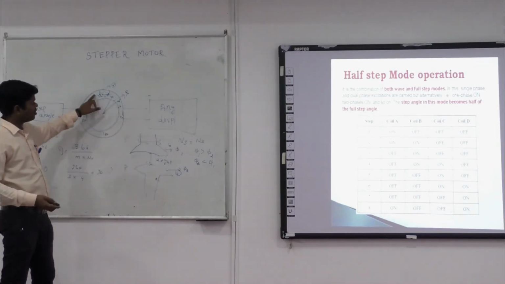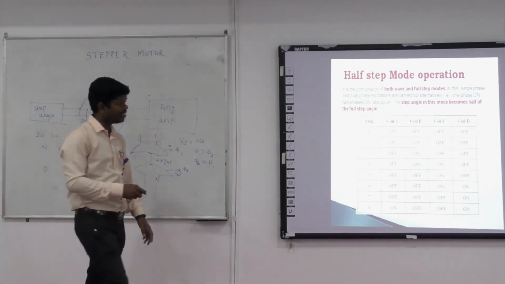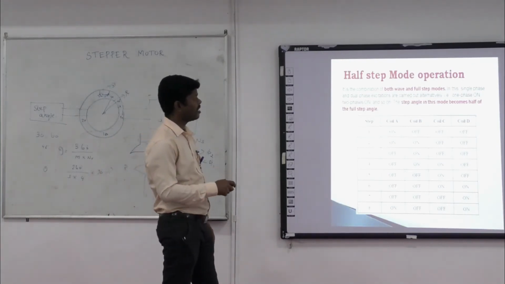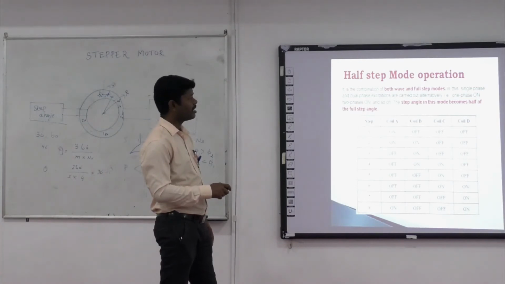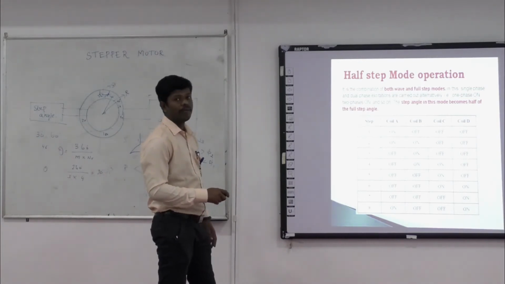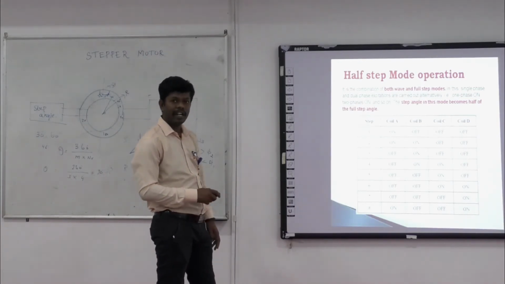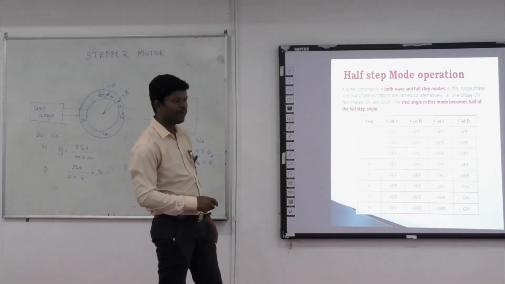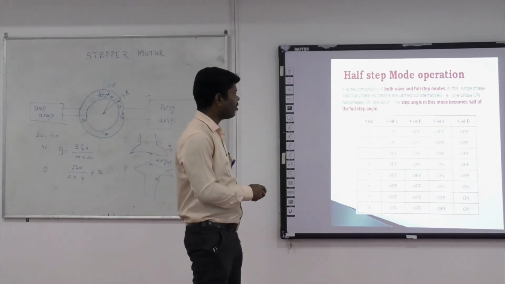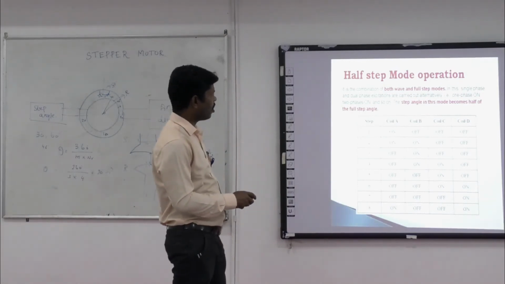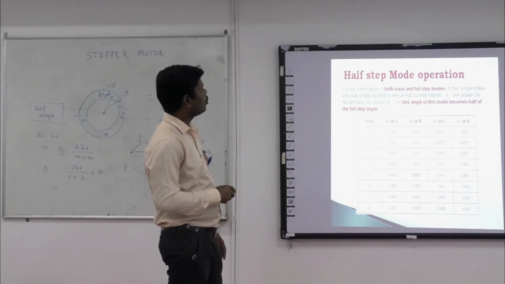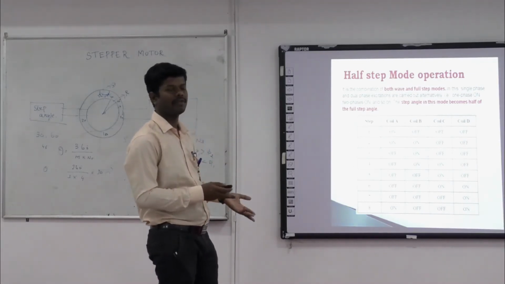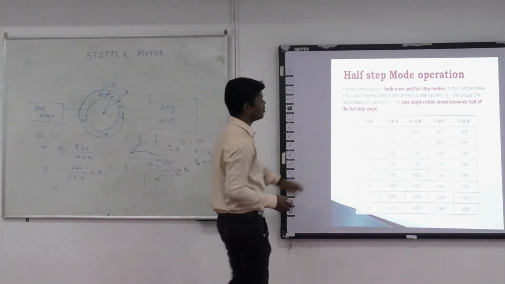Similarly, in half step operation, the next coil will be energized while the motor is waiting. So first coil A will be energized. Then coil A and coil B will be energized. After that, only coil B is energized. Then, while waiting, coil C will be energized, so C and B will both be energized. So continuously one phase is on, then two phases are on. Symmetrically, it will be a 10 on 10 off system.